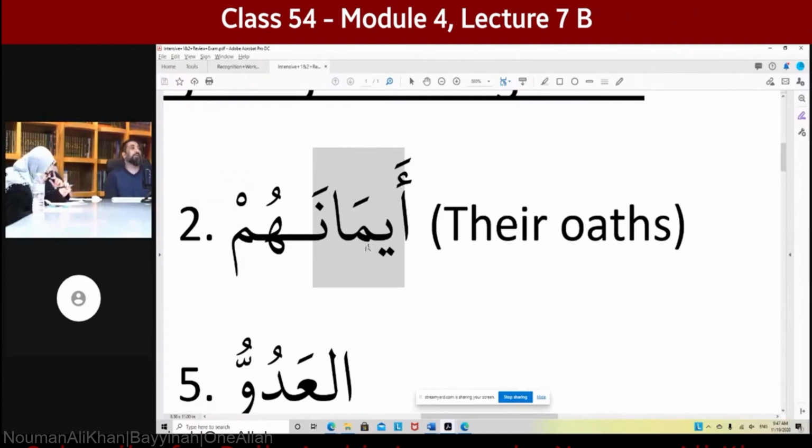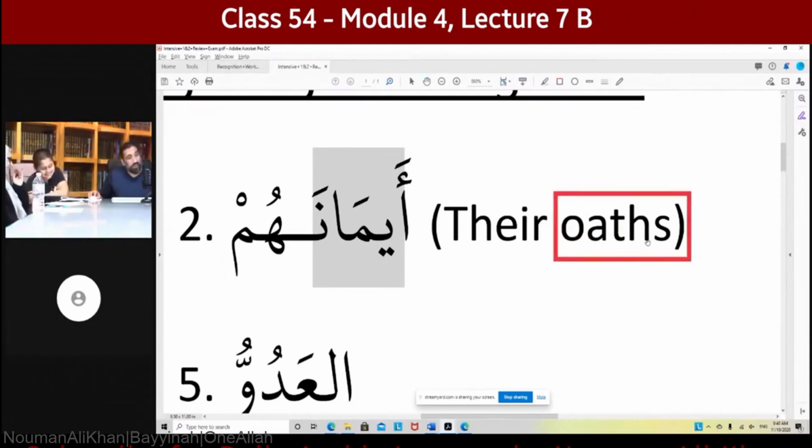Thank you. So first of all, the process: it says oaths, for some of you from interesting parts of the world. Because it says oaths, this has to be plural because the meaning is plural. If it's a plural, then I have to remember what kinds of plurals there are. There's masculine plural, una, ina, feminine plural, atun, atin. And if it's not one of those, it's probably a broken plural. And so this is a broken plural, and oaths are not people. Therefore it's a non-human broken plural, so the number and gender are singular and feminine. And it's common because there's not